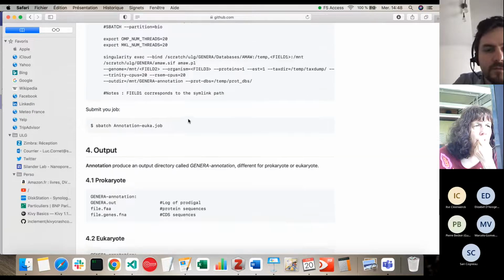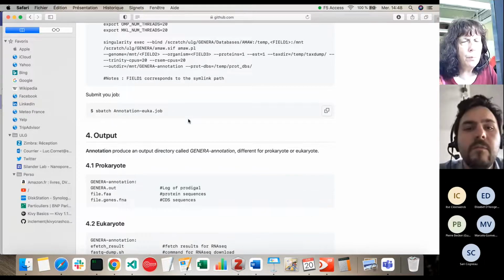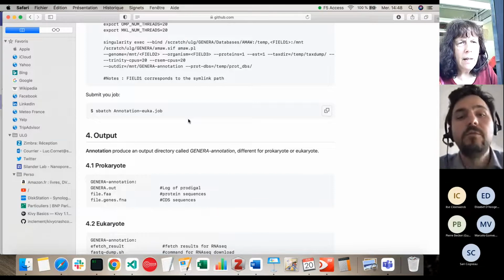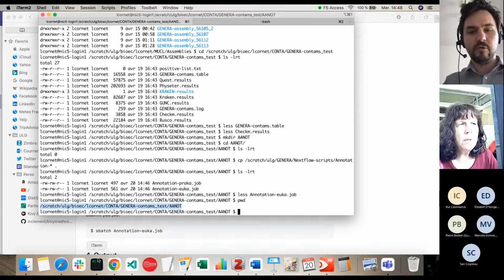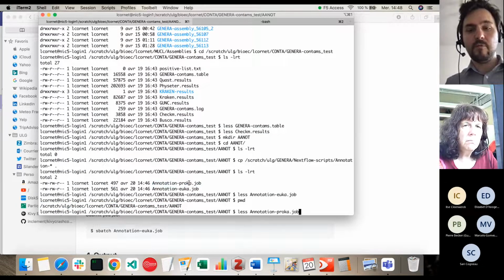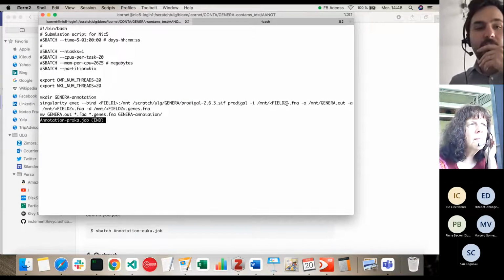So for the prokaryotes, you don't need to put a field. In prokaryotes, it's easier. No, not for prokaryote, you just put the name of your file. So it would be, for example, the